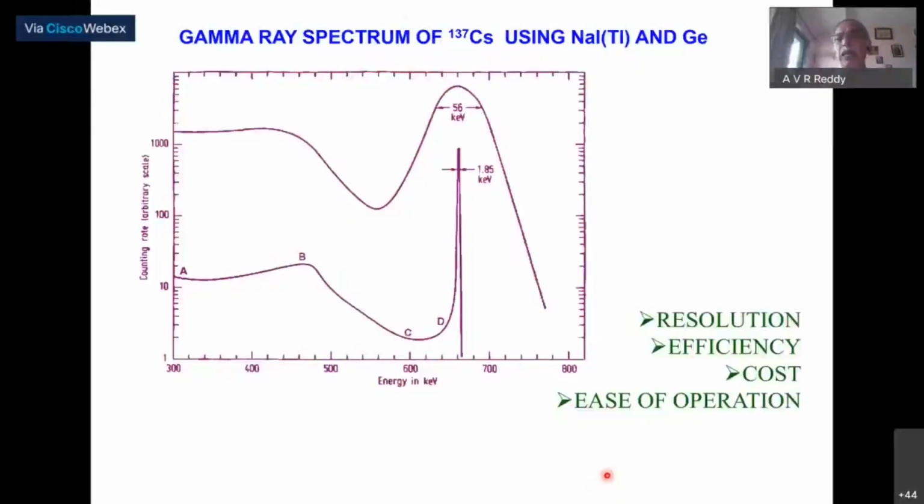Before I almost complete my lecture, I want to give you an idea about resolution. I already told you that what we expect the shape of a gamma ray peak to be is a Gaussian distribution, which is a natural distribution. The probability is given by 1 by root 2 pi sigma square, exponential minus (E minus Ei) whole square by 2 sigma square, dE. That is the relation for the probability or the count at each stage.